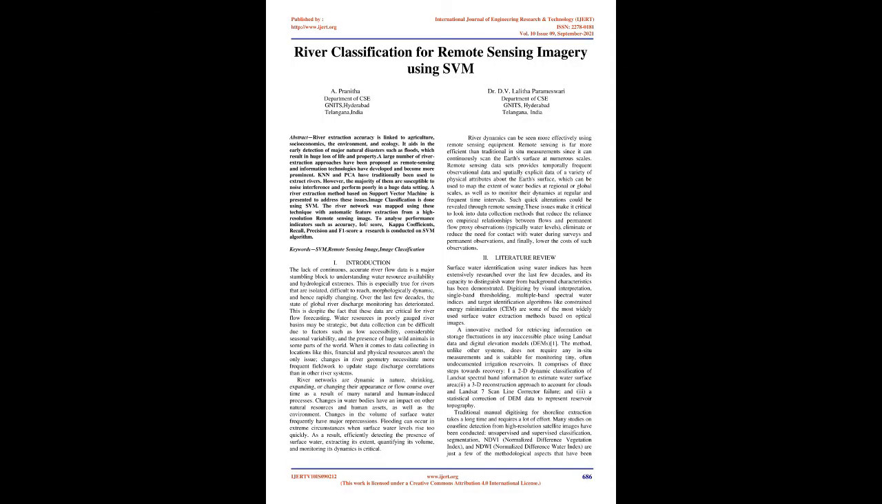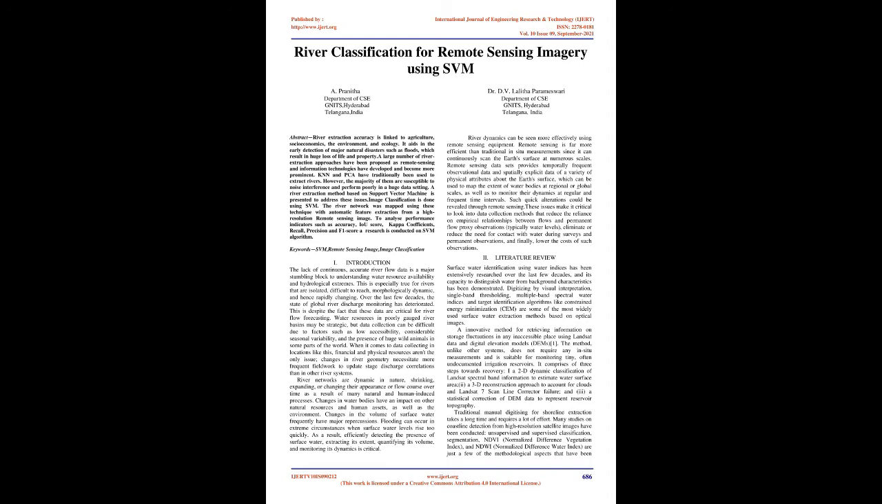River classification for remote sensing imagery using SVM. Abstract: river extraction accuracy is linked to agriculture, socioeconomics, the environment, and ecology. It aids in the early detection of major natural disasters such as floods, which result in huge loss of life